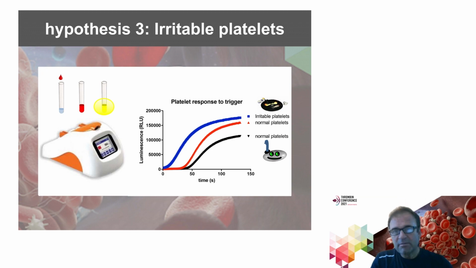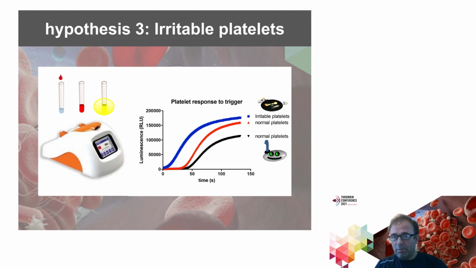Well, we can measure this with a slightly modified approach of which I described previously. We have the same reaction mix. The only thing is that the agonist is optimized to a lower concentration, so we can pick up the sensitivity to this trigger of the platelets. So we have a suboptimal concentration agonist. The reaction mix is ready to use, so you can take it off the freezer. The only thing you need to do is 1 drop of whole blood, mix it, and you measure the granule release in time by measuring the light intensity.